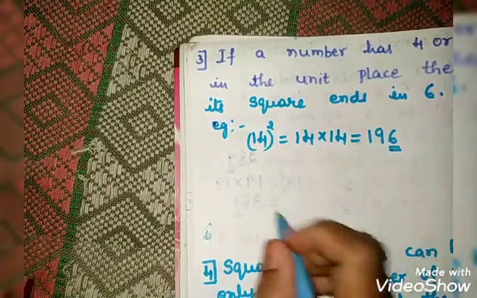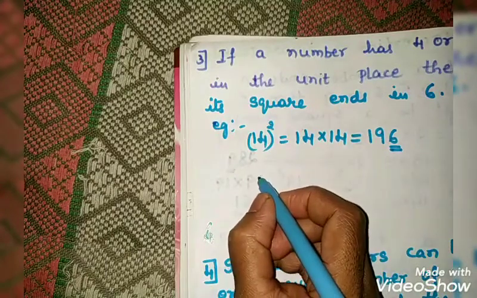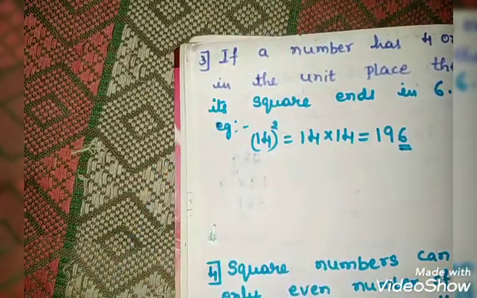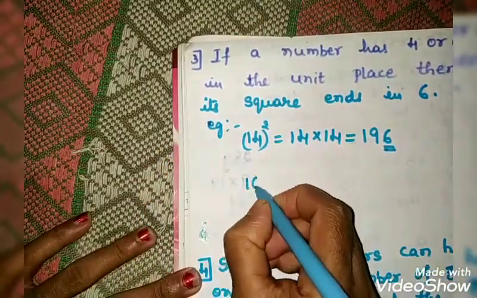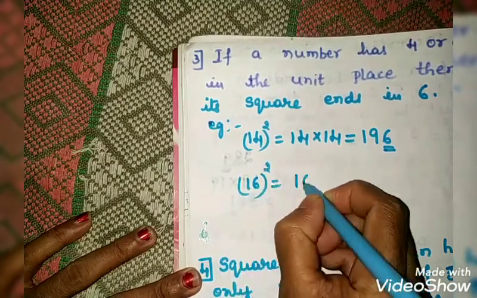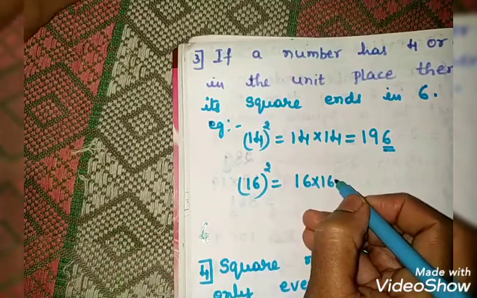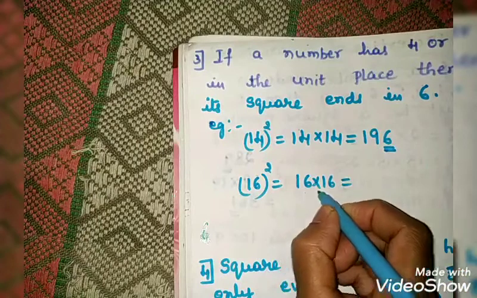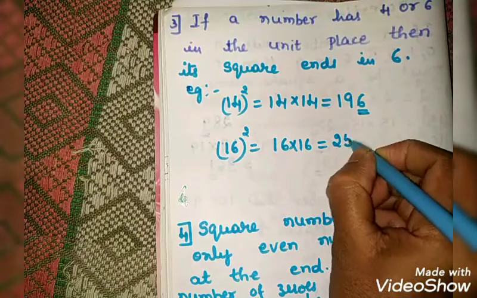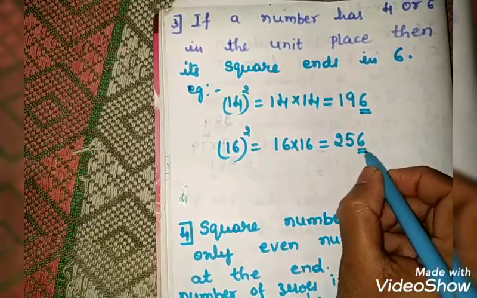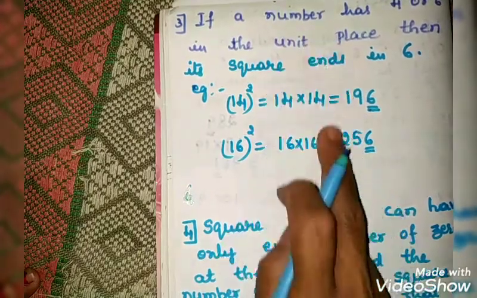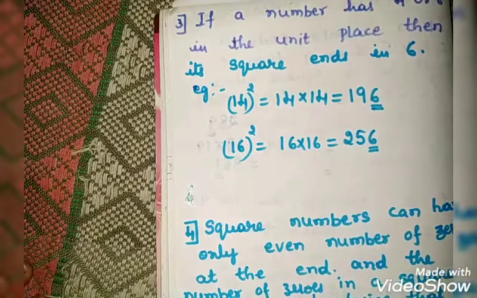We proved it. Yes. Next example, let me take a number ending with 6 in its unit place. 6 must be there. Let me take 16, children. Ends with 6 in its unit place. 6 is there. 16 into 16. When we multiply 16 into 16, you can multiply and see obviously. Yes, 16 into 16, we get 256, children. What does it end with? It ends with 6. So we are right again.